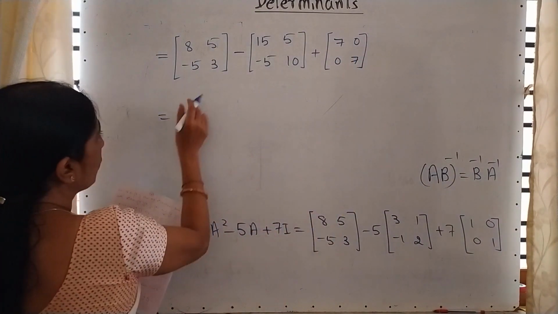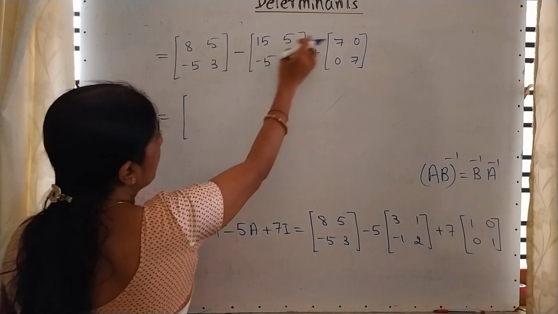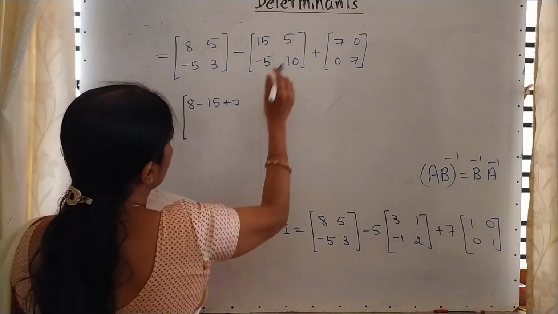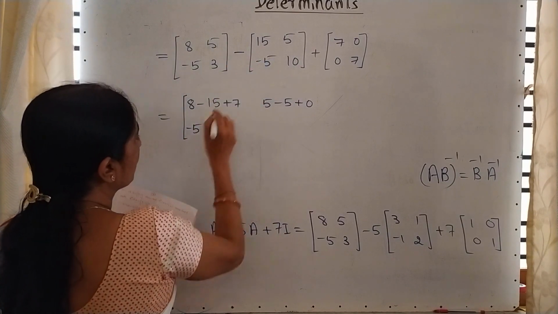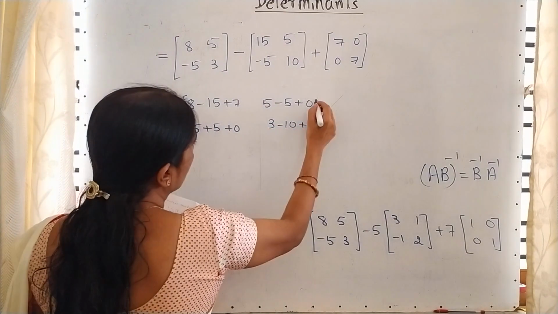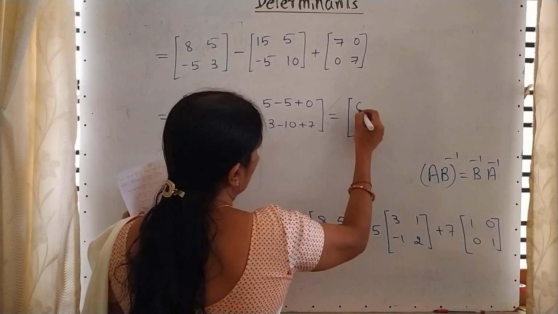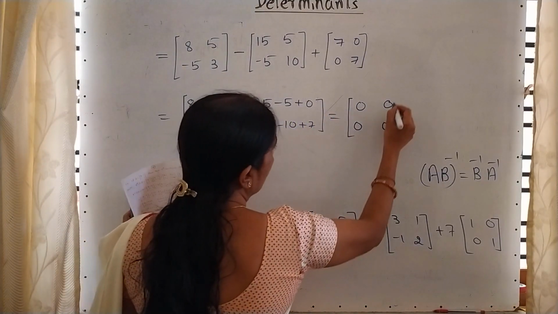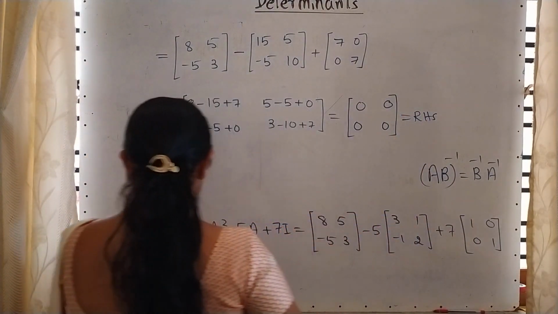So students, here we have only 3 matrices, and that too they are simple. Take all the terms at a time. That means first element in each matrix. Depending on the sign, whatever the middle sign we have, here we have minus, here we have plus. Then next term, here it is minus into minus plus. Next one, 3 minus 10 plus 7. See, 8 plus 7 is 15, 15 minus 15 is 0, and this is 0. Here it is also 0. 3 plus 7 is 10, 10 minus 10 is 0. See, is it RHS or what? Yes, this is RHS. It completes one part.